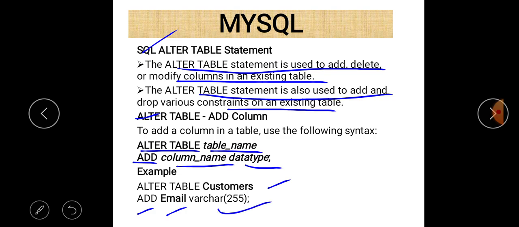So we write VARCHAR, and the size here is 255 characters. In this way we are able to add a new column to the table customers, and the new column name is email, of type VARCHAR with size 255.